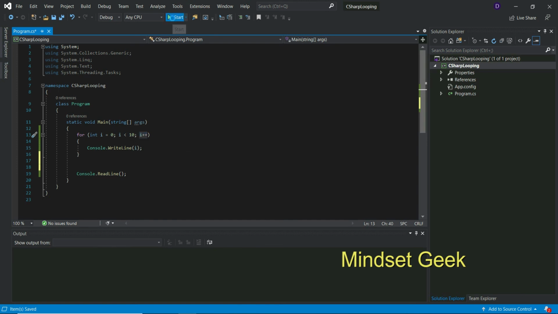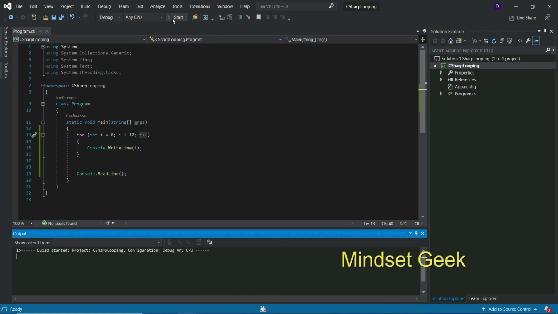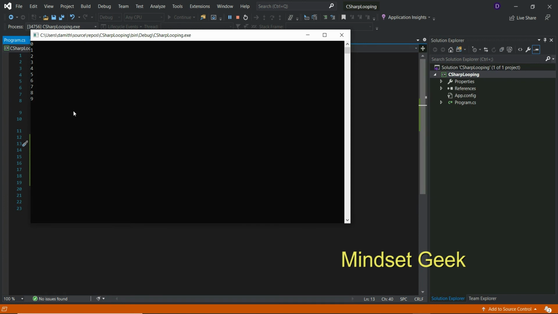You can see the result: 0 to 9. We exactly know how many iterations we need: 10 iterations. 0 is the first iteration, then second, third, fourth, fifth, sixth, seventh, like that to the 10th.